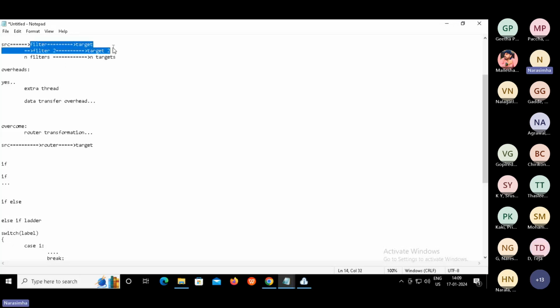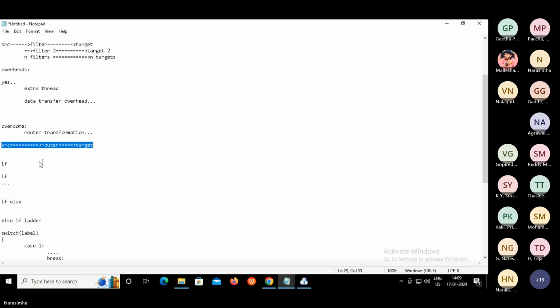That's a good question. If you have only one condition, filter is better than router. If you have more than one, router is much better than filter. Just remember that, because the router has to perform some basic initialization for all the conditions to be satisfied. So in case of one condition, filter is faster than router. More than one means router is much faster. You got it? Thank you. That's a good question, guys.